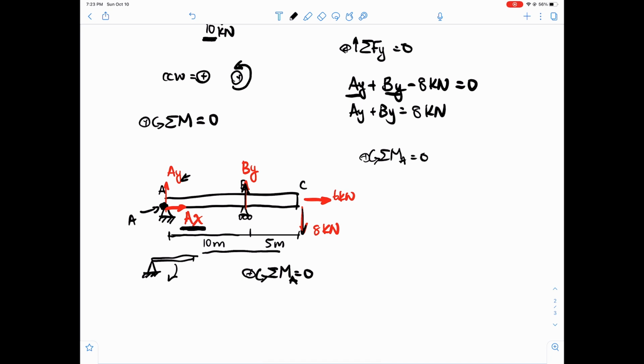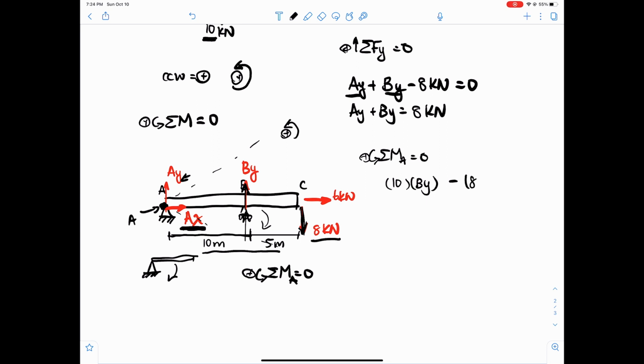In this case, we defined counterclockwise as positive. This reaction is pushing it this way, so it would rotate like this, so it's positive: 10 times By. The other force, this 8 kilonewtons here, is pulling down, so it would rotate this way, and that's a negative. So minus